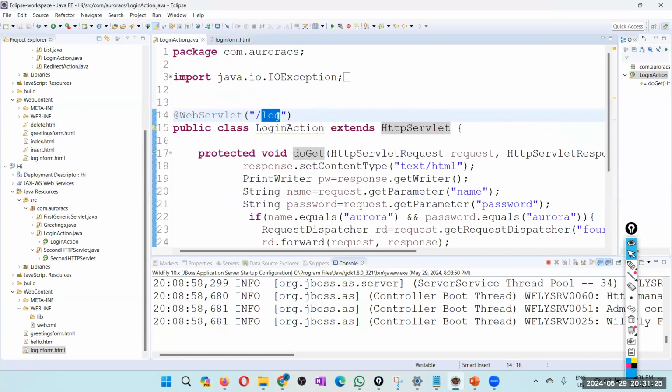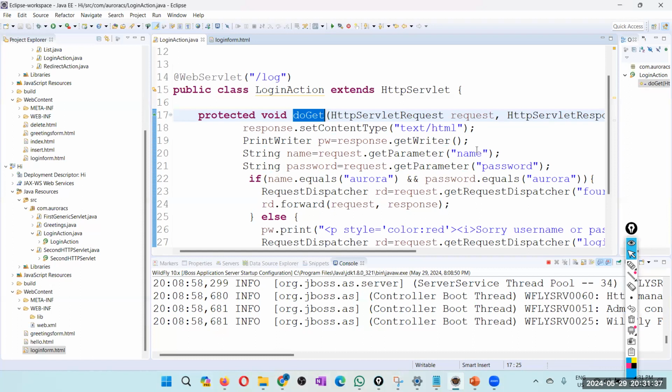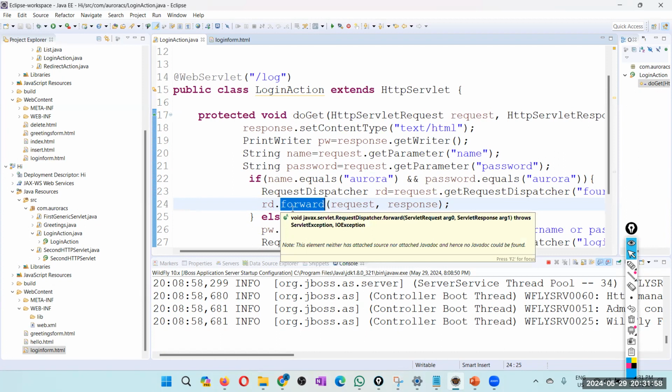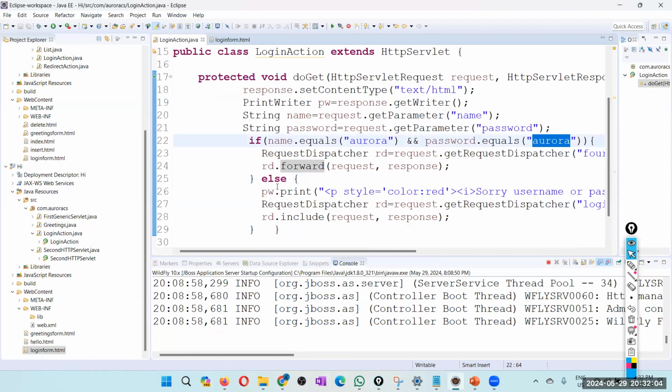The path called log is mapped to the HTTP servlet called login action, and its doGet method is there because here we are submitting as a get. There we take the name and password from the request using the getParameter method. If both username and password are Aurora, in this example, we forward it to another servlet. Else, if they are not Aurora, we take the response and include